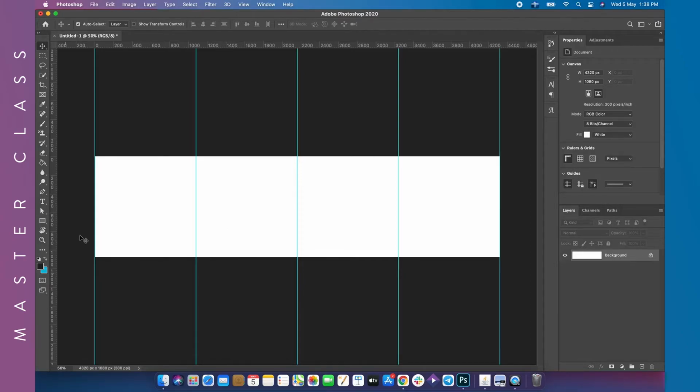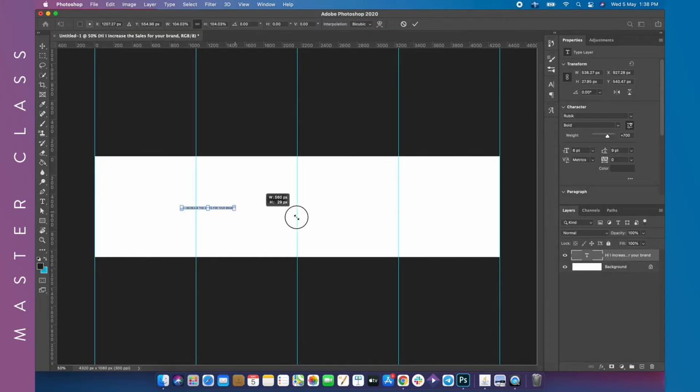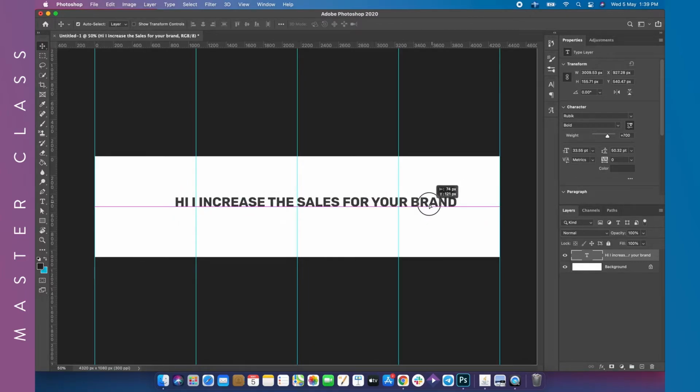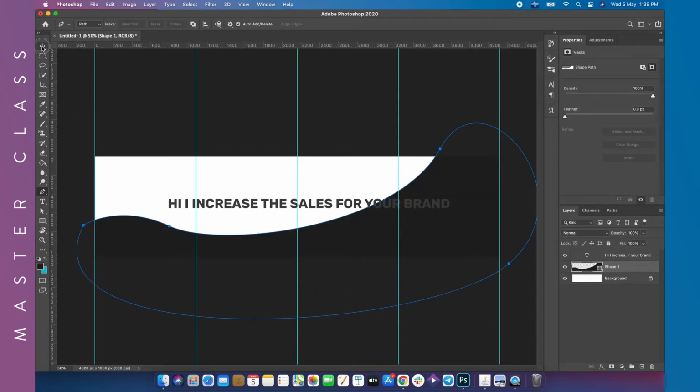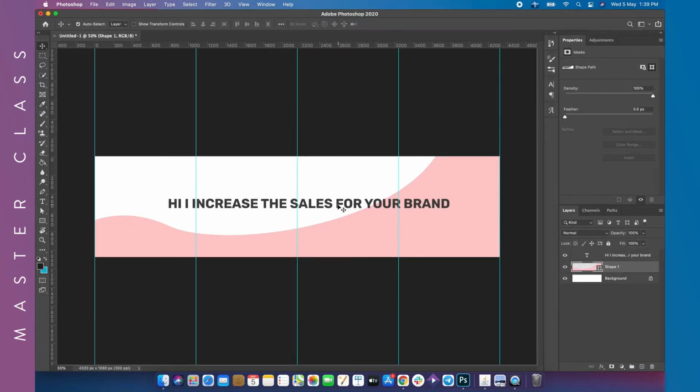Now say we design something pretty simple over here, say this, right? And if I want to position it something like this, and patterns, just random patterns, so that I can show you how you can cut the image at the end. So let's do it like this, shape color as something. Yeah, that's pretty much it for this one.